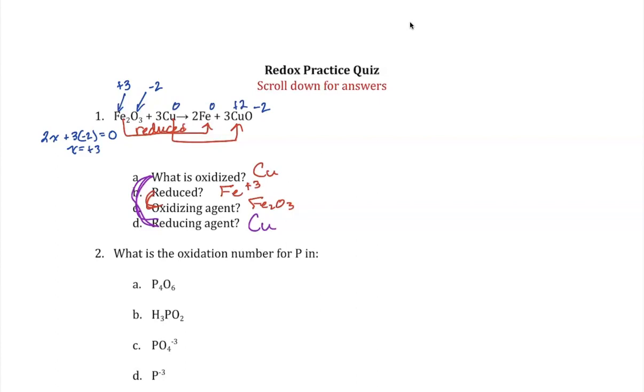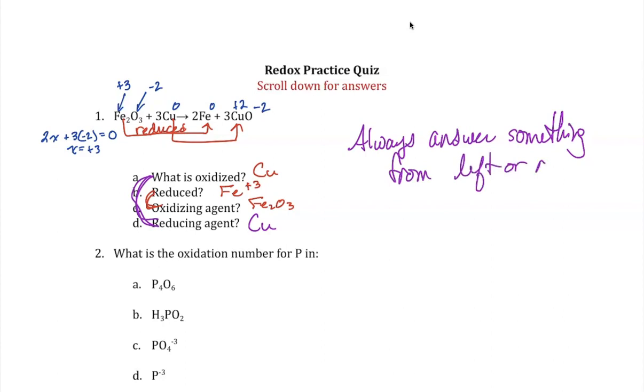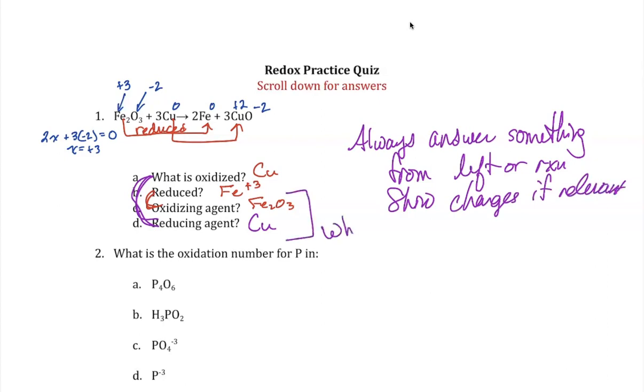So our rules for number one: we always answer something from the left side. We show charges if relevant, in other words, if they're there. And then here, we use the whole compound as part of our answer,